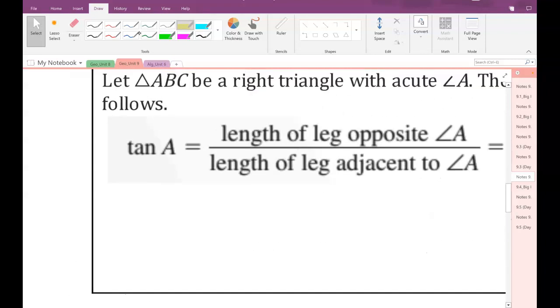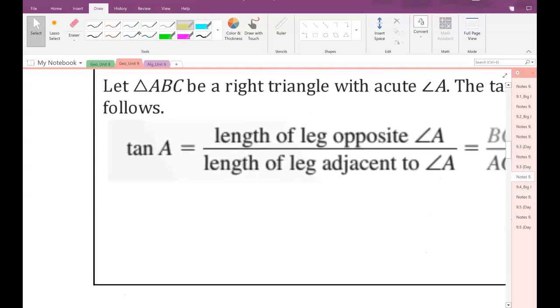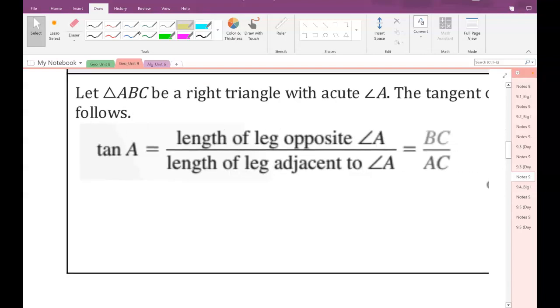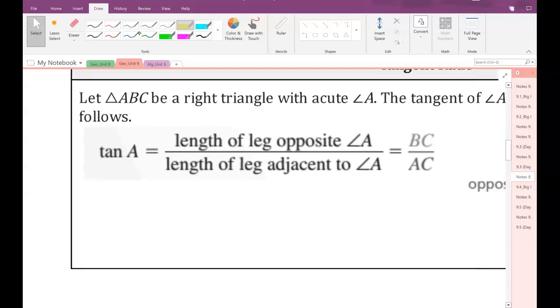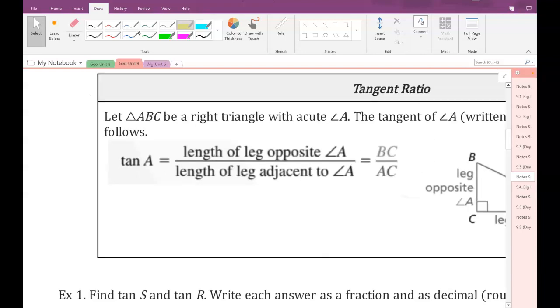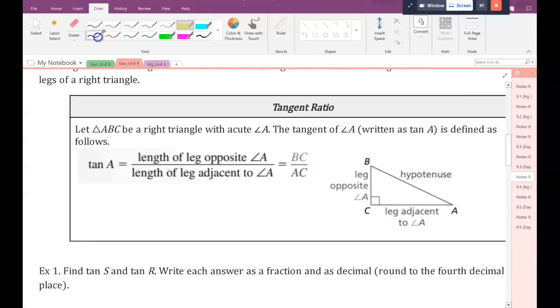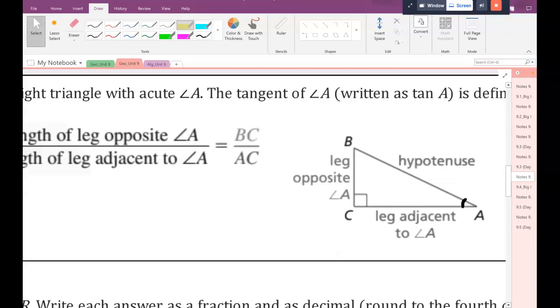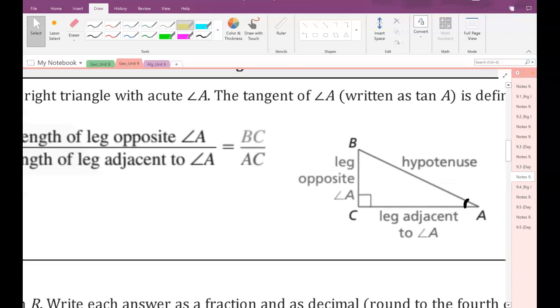The tangent of angle A, one of our trig ratios, you can find by taking the length of the leg opposite angle A divided by the length of the leg adjacent to angle A, where adjacent means next to. Here's angle A, acute down here in the corner. BC, already labeled for us, is the leg opposite angle A. Remember, we go across our triangle. And adjacent, meaning next to, would be